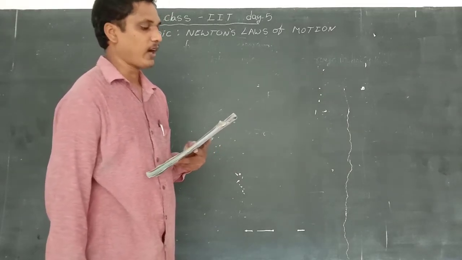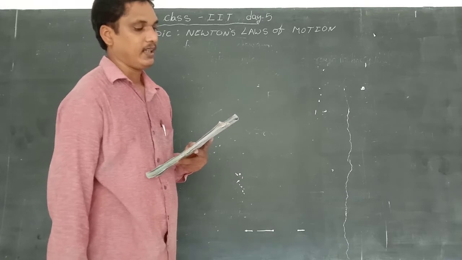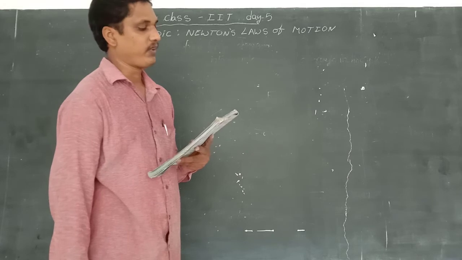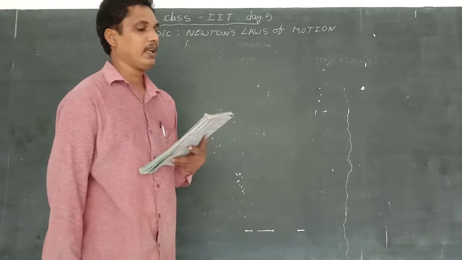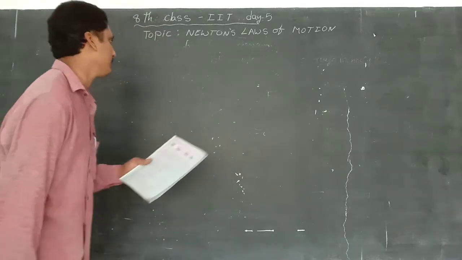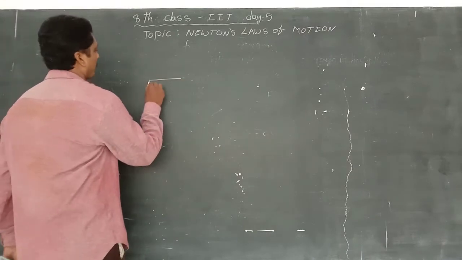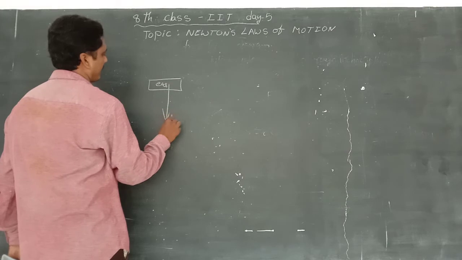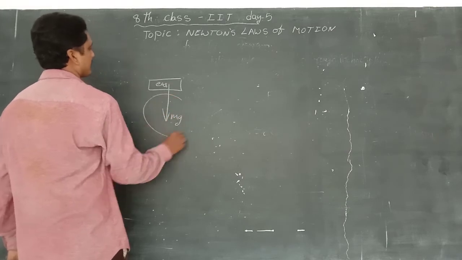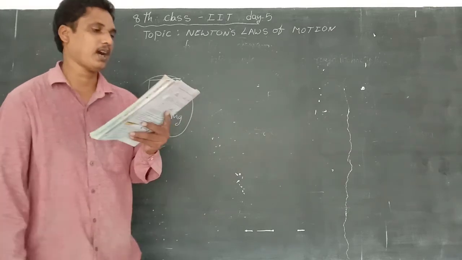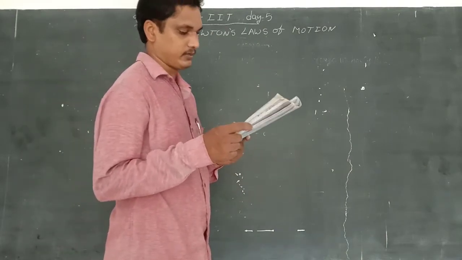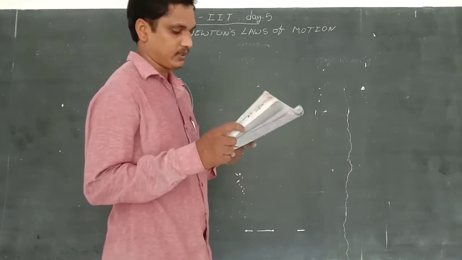Third bit, page number 15. An egg is free falling from a nest on a tree. Neglect air resistance. Draw the free body diagram for the egg falling freely from the nest. First option. So, free body diagram: egg. The weight of the body acts vertically downward. So this is the answer. First option is the answer. Do the fourth bit homework and fifth bit homework.